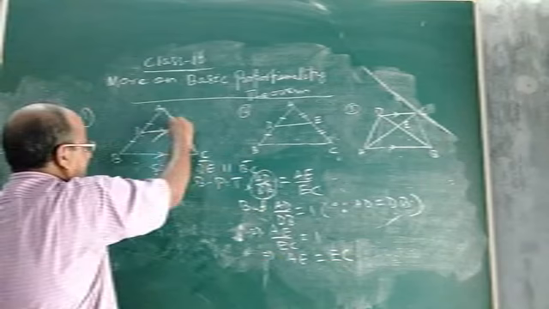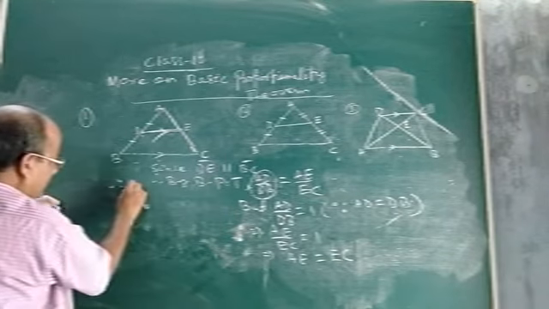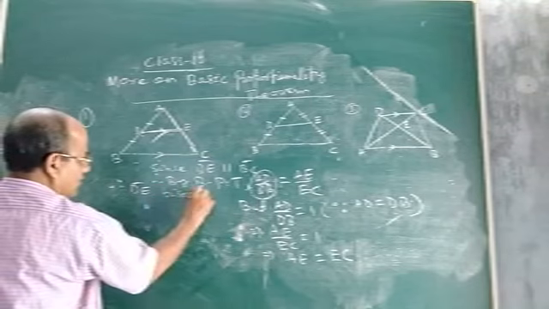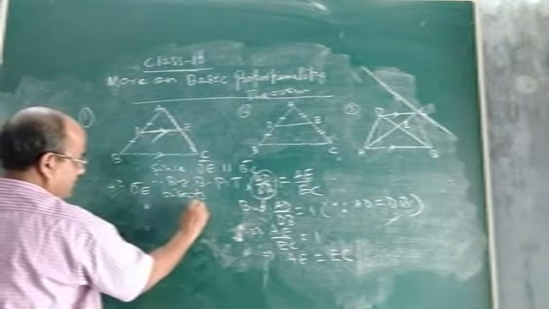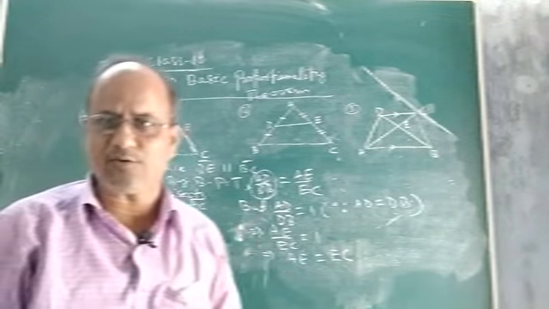And if AE equals EC, therefore, what is the conclusion? Therefore DE bisects which one? DE bisects AC, or you can say E is the midpoint of AC. So what is the conclusion, children?